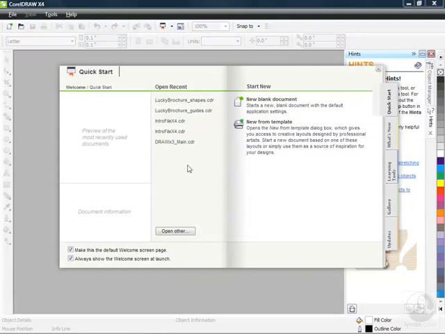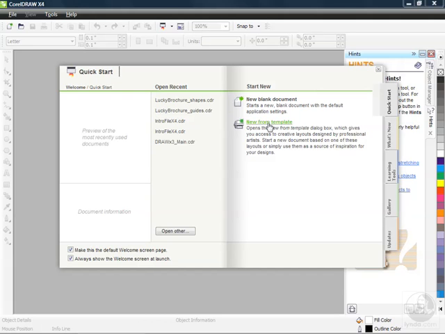recent files that you've worked on. They're listed here under Open Recent. If this is your first time, you won't see anything here under Open Recent. You've also got a button to open any other file that you maybe haven't worked on in a while. It doesn't show up on the recent list. You can create a new blank document or create a new one by getting a head start using one of the templates right from here. So pretty much anything you need to do in Corel Draw can be done from this quick start section of